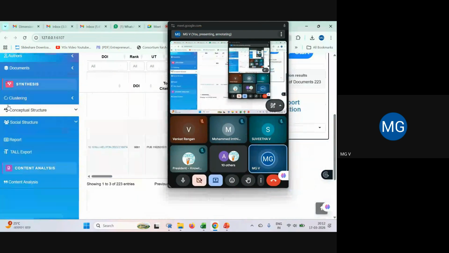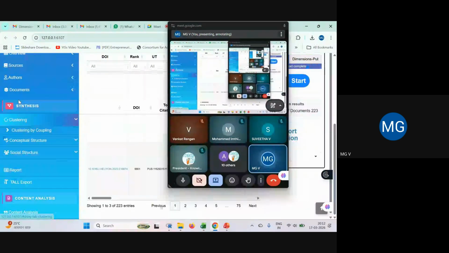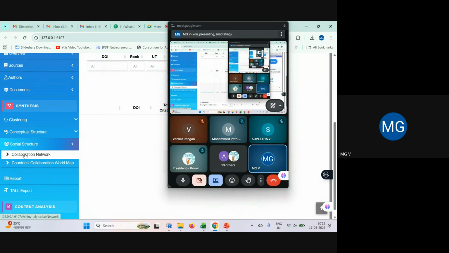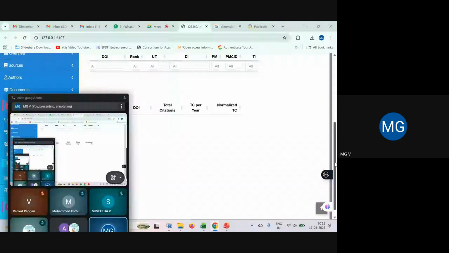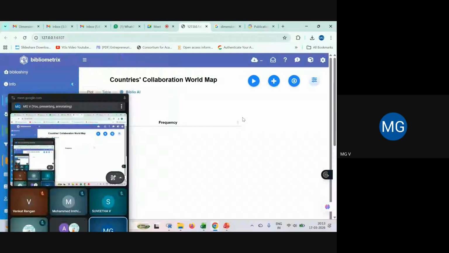Basically, in online software, sometimes we face problems because we are depending on the other end. Collaboration network, countries, collaboration, world map. Maybe based on countries, if it is providing us. Let me see if we get the desired output that we are looking for.